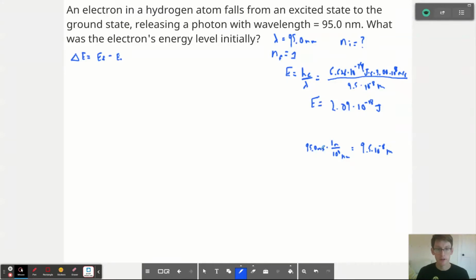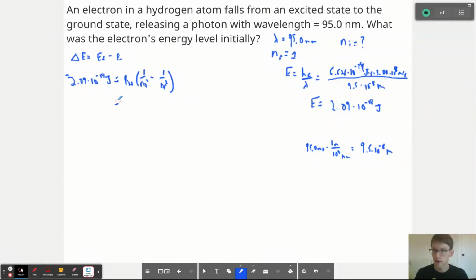That is the energy of the photon that is released. Now, if I know that my delta E is equal to 2.09 times 10 to the negative 18th joules, and actually, hold on, this is a photon that is released, so I need to make this a negative value because the photon is released. So that is going to be equal to Rydberg's constant times 1 over n initial squared minus 1 over n final squared,